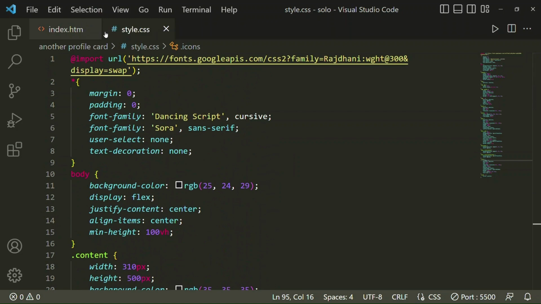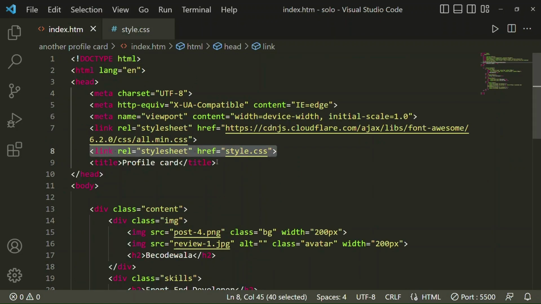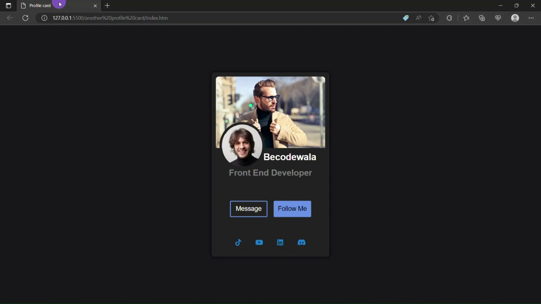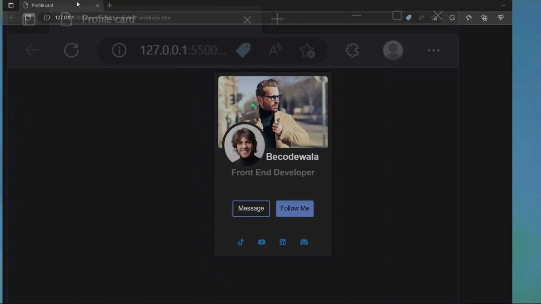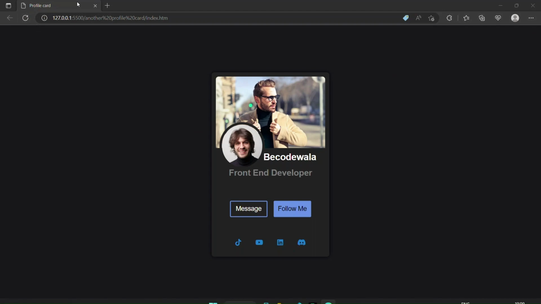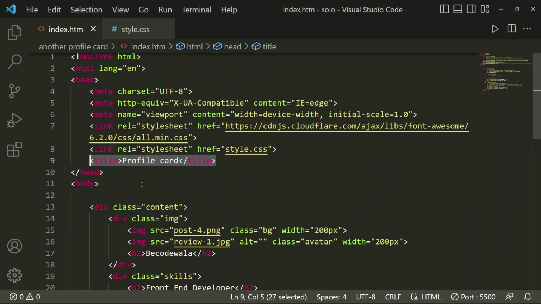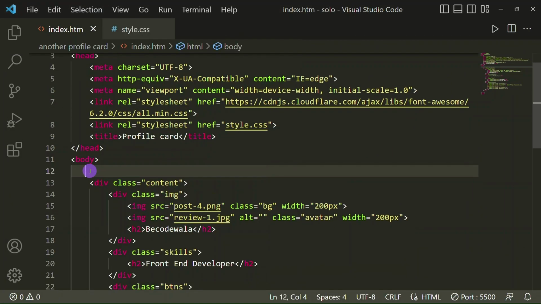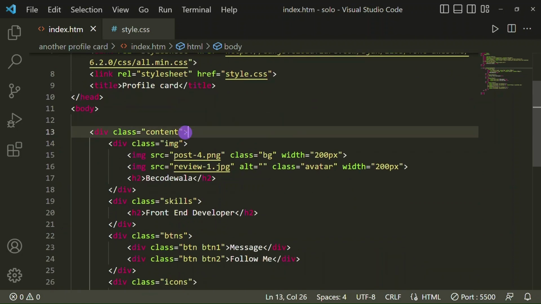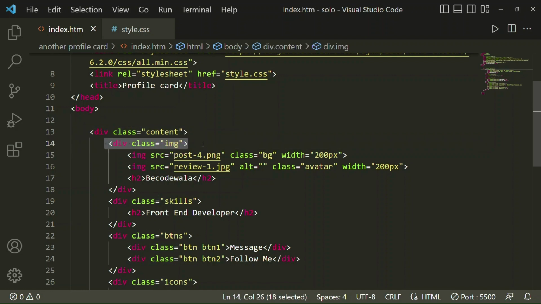here is my CSS file. I can show here. So in this I have taken a title, profile card. Here is the title. You can see above the web page is the title, profile card. So in the body tag I have taken a div with class content. Whatever content we are going to put, for that I have taken a class content, and in this div I have taken class img, and in this div I have taken two img tags,